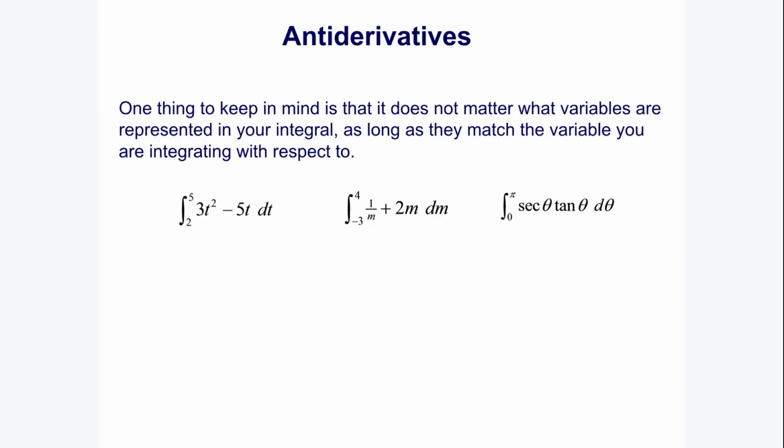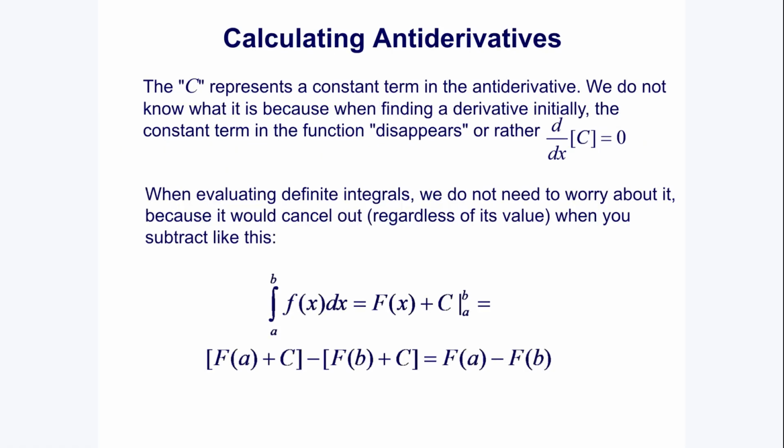And it will get complicated because you will see functions with multiple variables inside the integral. If, for example, I had x's and m's in this function, I would treat x as a constant. I would not treat it as a variable because I am focused on taking the integral with respect to m as my variable. So all other variables that are not m are going to be treated as a constant. Okay, so